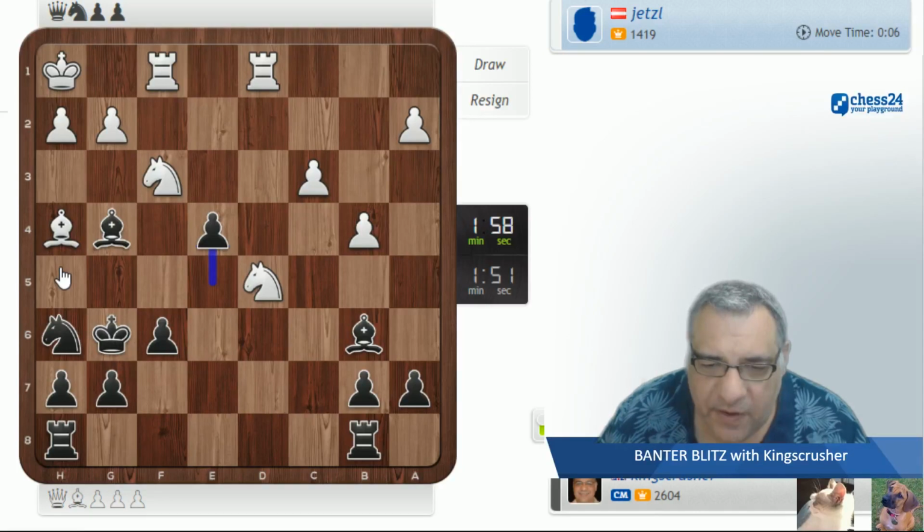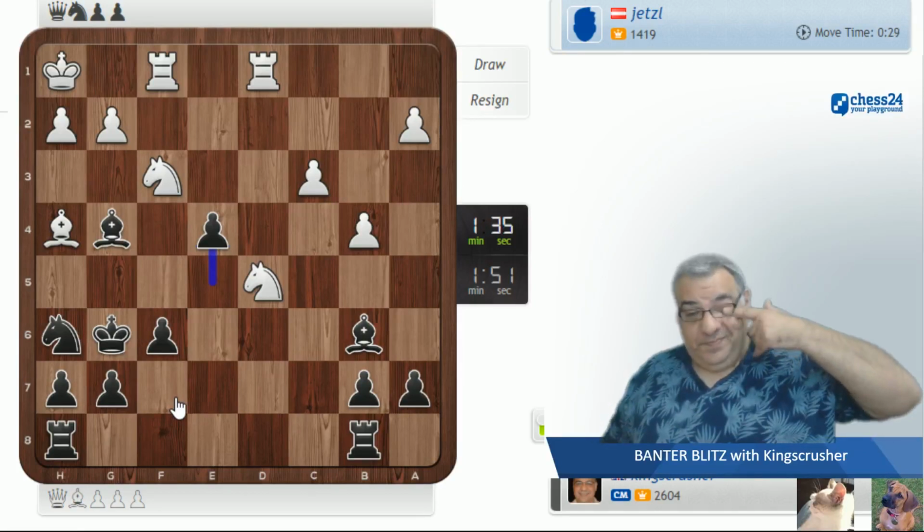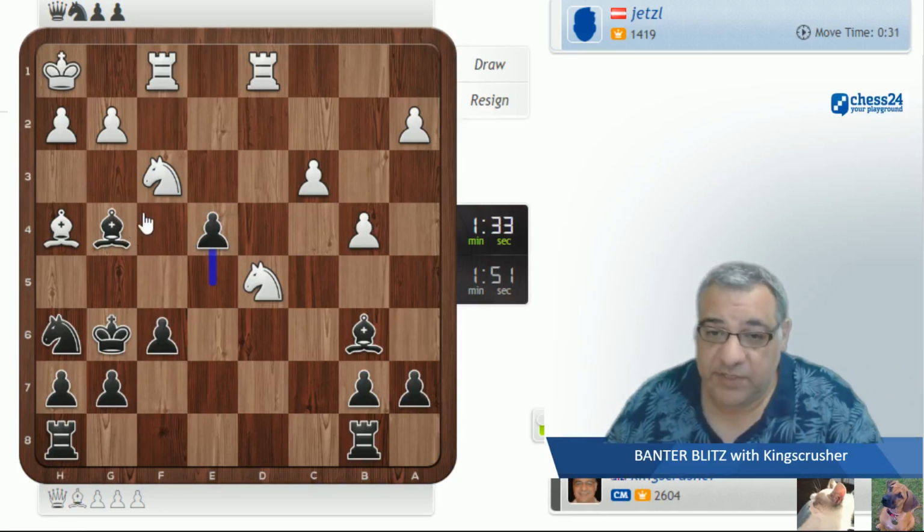King h5. Check. It's not forced to take. It would be knight e7. King h5. If it plays knight e7 immediately, there's king f7. There might be... No? The one to calculate, I think, as priority is knight e5 because it kind of opens up this rook, and so